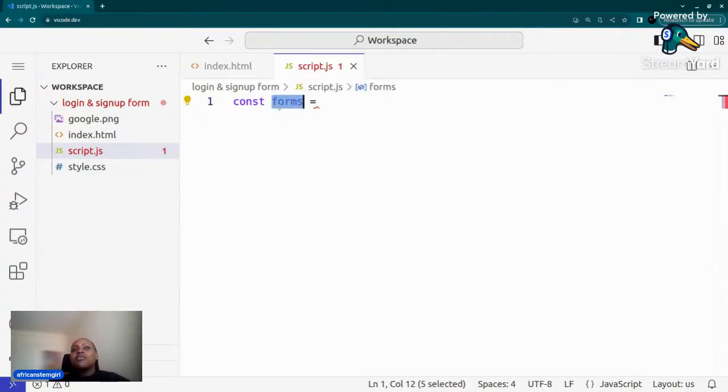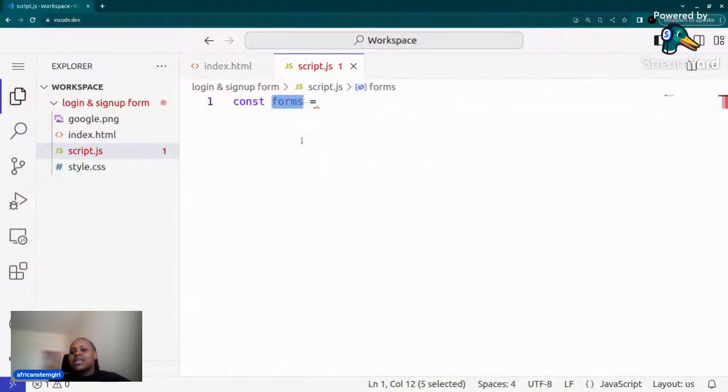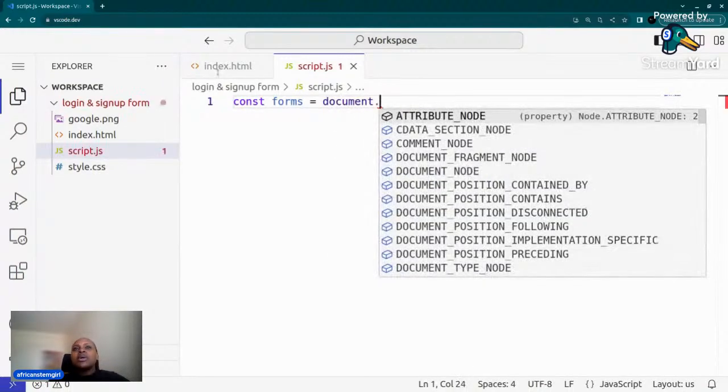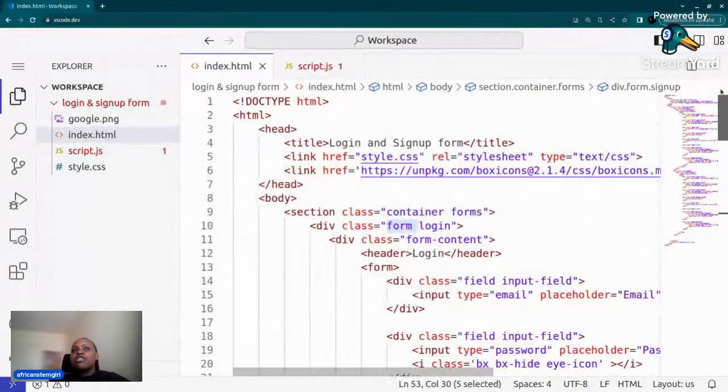If I am accessing forms, it would be unfair for me to write const container. It should be forms because that is what I actually want to access. And then I'll say document dot. So document, you remember how at some point in the HTML we had the doctype that is used to tell our browser that this is an HTML document. So document is just to access this HTML